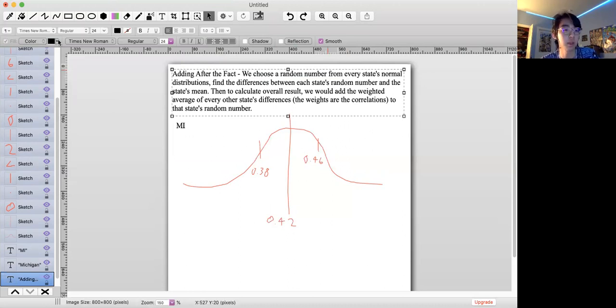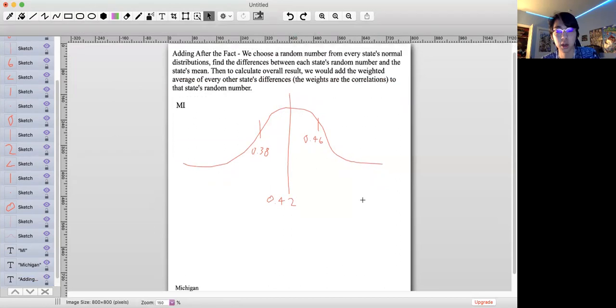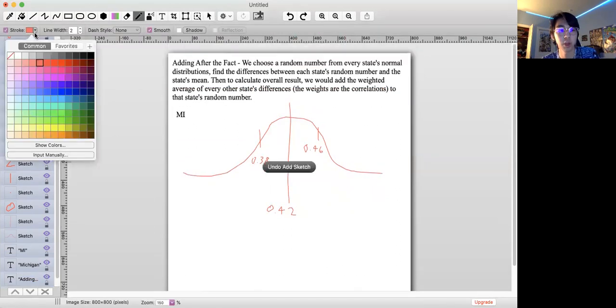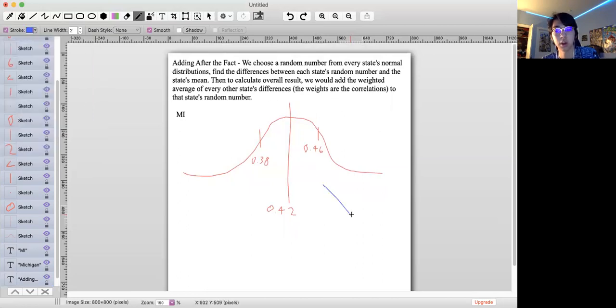So let's say we run this simulation one time, and this time we got some random number, X equals 0.46, right? So this time we ran the simulation, we took a random number from Michigan's normal distribution, and